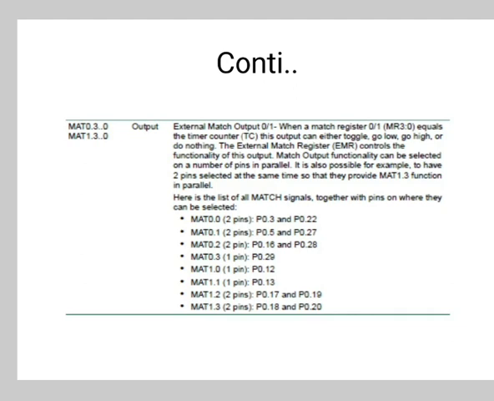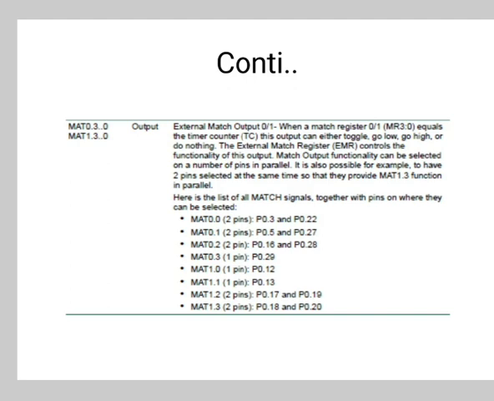In this lecture we have seen the pin connect block, which has 3 registers: pin select 0 register, pin select 1 register, and pin select 2 register. Again we have seen in detail the pin function select registers 0, 1 and 2. They have a number of bits, with different symbols and different combinations of values, that is 00, 01, 10 and 11, and for these values it has different functions.